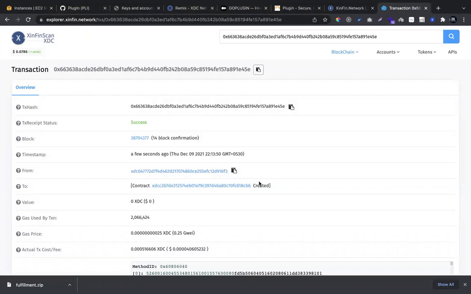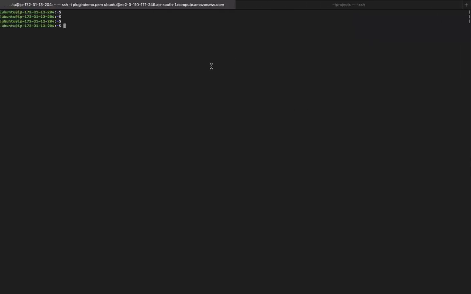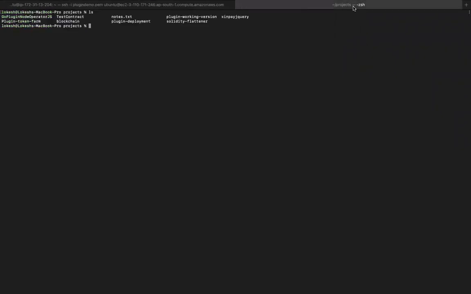The Oracle contract has been successfully deployed and created, right? Success. You need this address. It will be different in your case. In my case, this is the deployment address. Just keep it handy. Then go to the terminal, not your server terminal, but your local host terminal. Whatever machine you are using, a Linux machine, an Ubuntu machine, a Windows machine, or even a Mac machine, just open the terminal and do git clone.